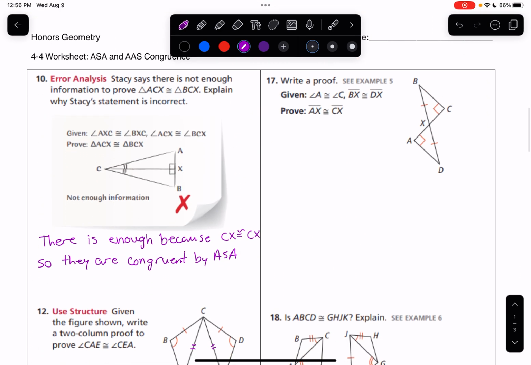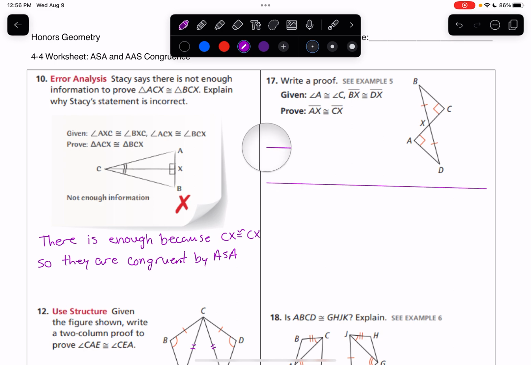Up here, write a proof. We're given the information that's shown to us, and we want to prove that AX is congruent to CX. So this isn't too terribly difficult. We can go ahead and make our two columns. Is that straight across? I think so. All right, so we've got statements, reasons,